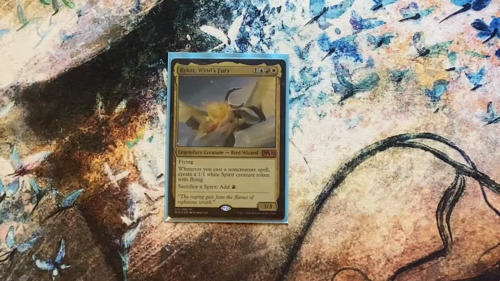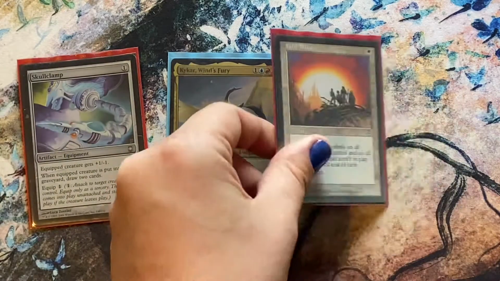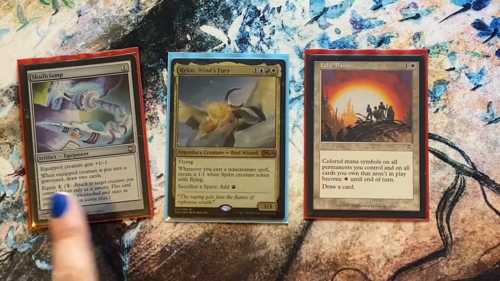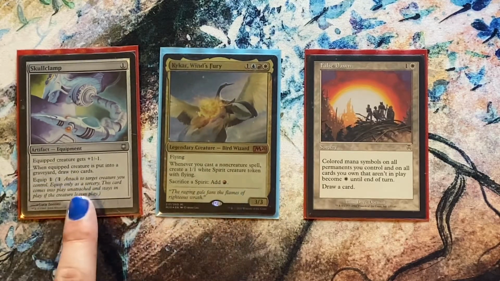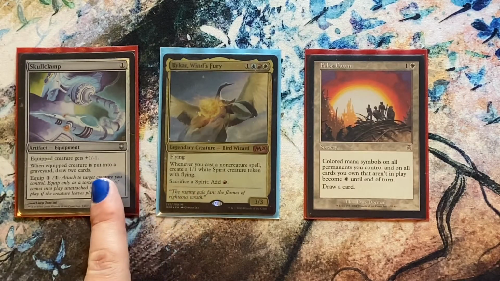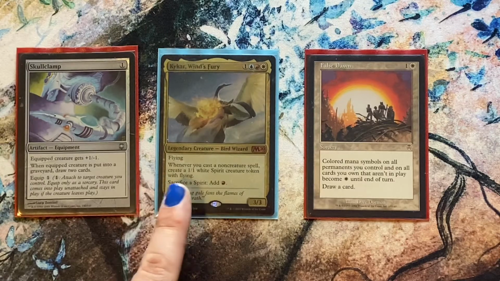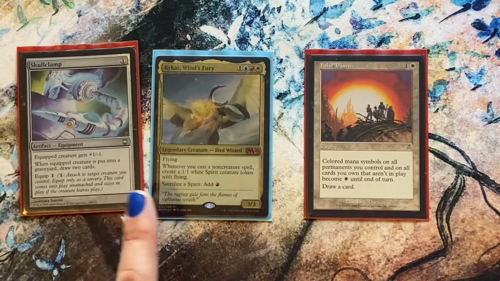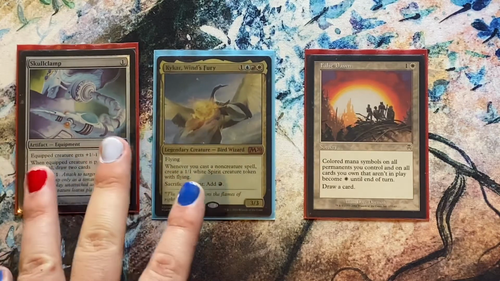Two cards I wouldn't consider running the build without are Skull Clamp and False Dawn. Both of these cards happen to interact particularly nicely with Kykar, Wind's Fury. Skull Clamp generates an unbeatable draw engine, allowing you not only to equip the tokens that you're making to instantly draw two cards, but you can also sac excess tokens to pay for the equip costs. So depending on what you draw, you might be able to chain through huge chunks of your deck in a